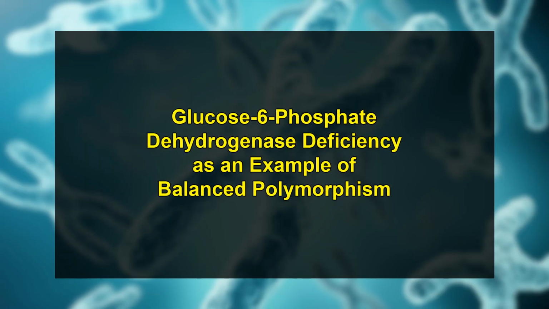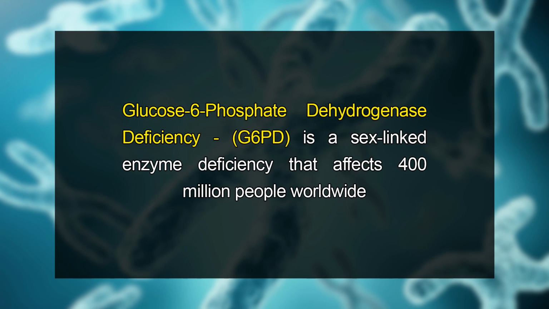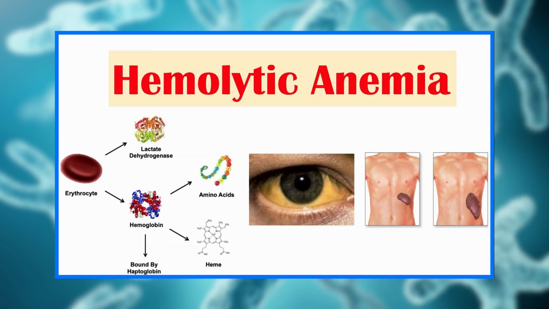Dear students, let's now discuss glucose 6-phosphate dehydrogenase deficiency as an example of balanced polymorphism. Glucose 6-phosphate dehydrogenase deficiency is a sex-linked enzyme deficiency that affects 400 million people worldwide. It causes life-threatening hemolytic anemia in which red blood cells burst. However, it develops only under specific conditions: eating fava beans, inhaling certain types of pollen, taking certain drugs, or contracting